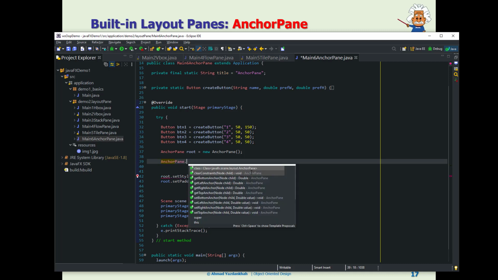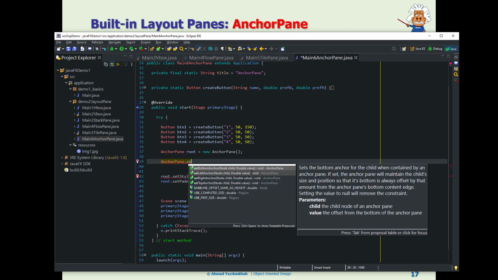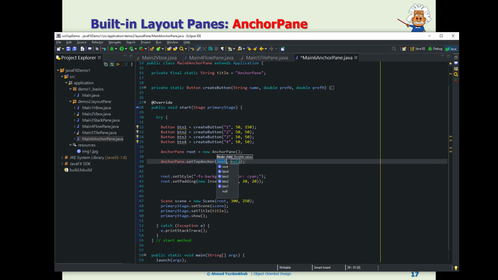We can say setTopAnchor, for example, and we need to pass the node that we want to set. So let's say, for example, the bottom button 1, we want to anchor it to the top, and let's say